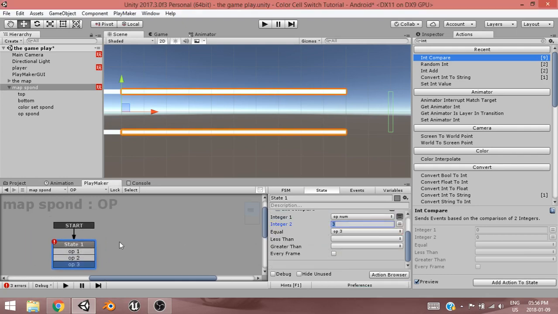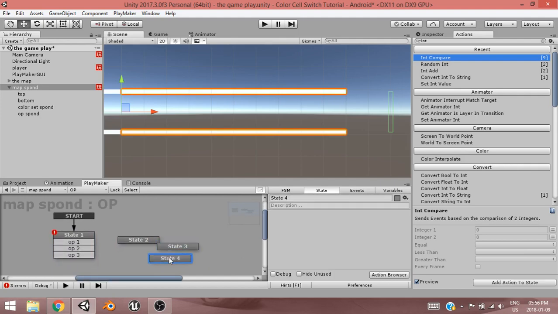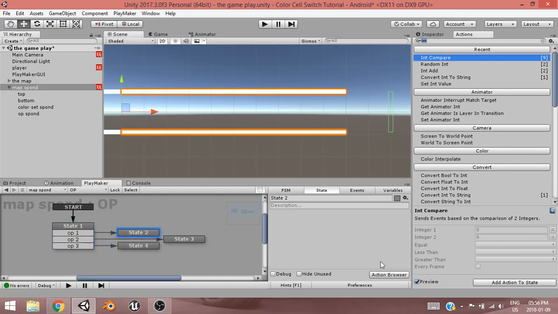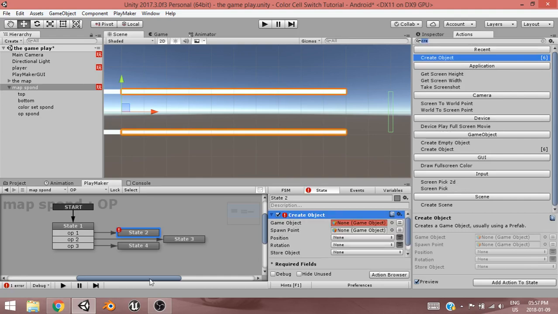Okay, and then also make 3 stages. So OP1, OP2, OP3, and exact same thing is going to be create obstacle. We cannot actually add the obstacle of the game object yet, because we still have to create the obstacle. Before we create the obstacle, we have to make